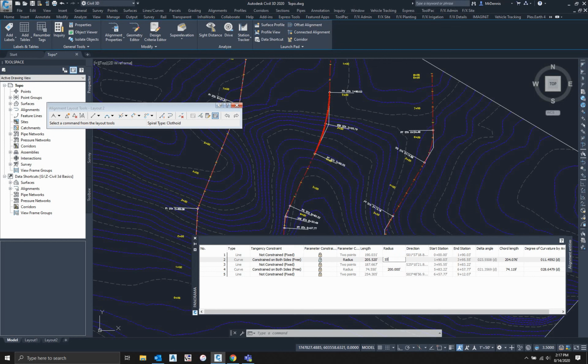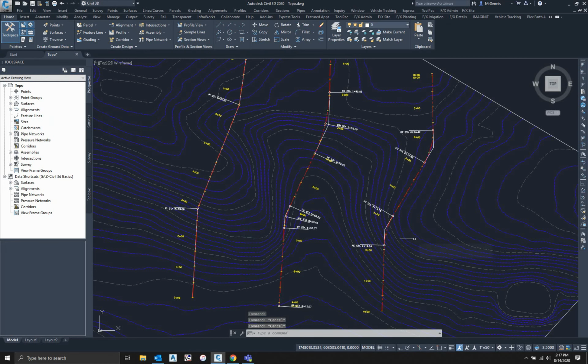And we can go down to 100-foot, just watch it change, see? So that's a good way of editing your alignments exactly. There's no guessing, all the information's there, and once you're done you can lock it back so it cannot be changed. So that is a quick representation of how alignments work and how to label them